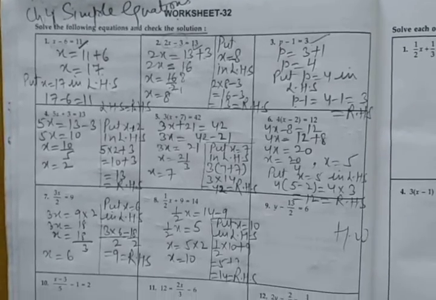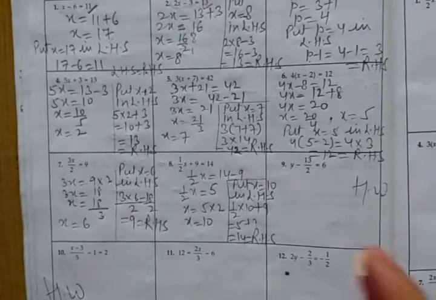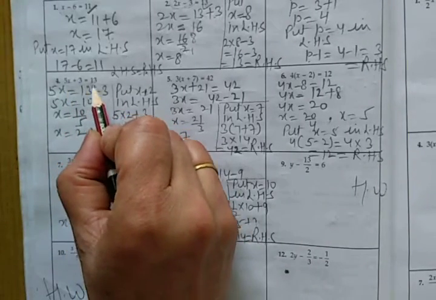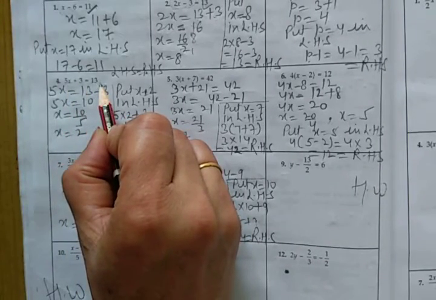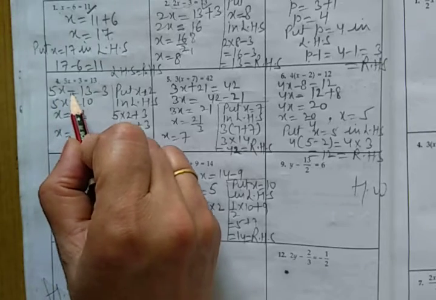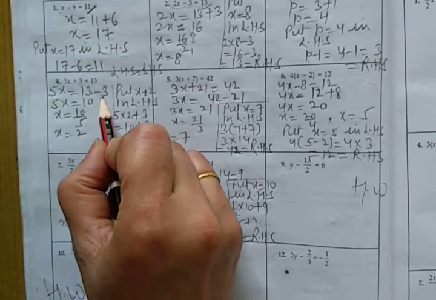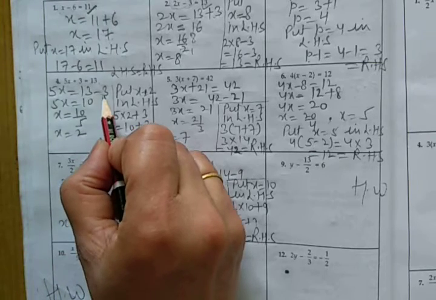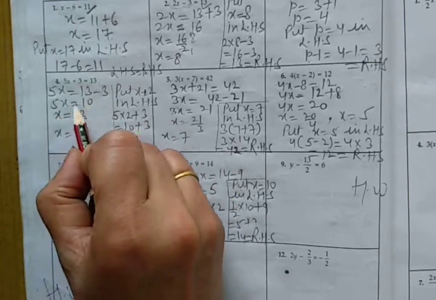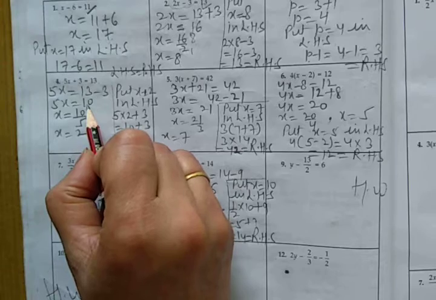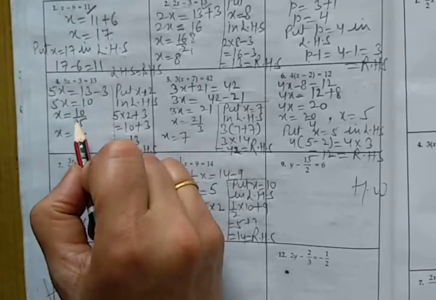Then question number 4, here 5x plus 3 is equal to 13. So 5x is equal to, when plus 3 is transposed to the right hand side, its sign will be negative now, 13 minus 3. So 5x is equal to 13 minus 3, 10. So x is equal to 10 upon 5.